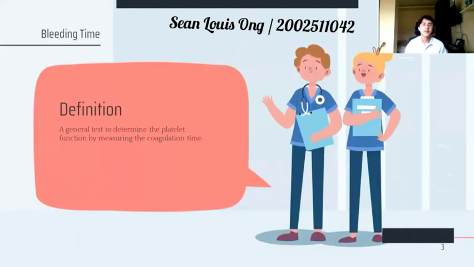Bleeding time is a general test to determine the platelet function and its quality by measuring